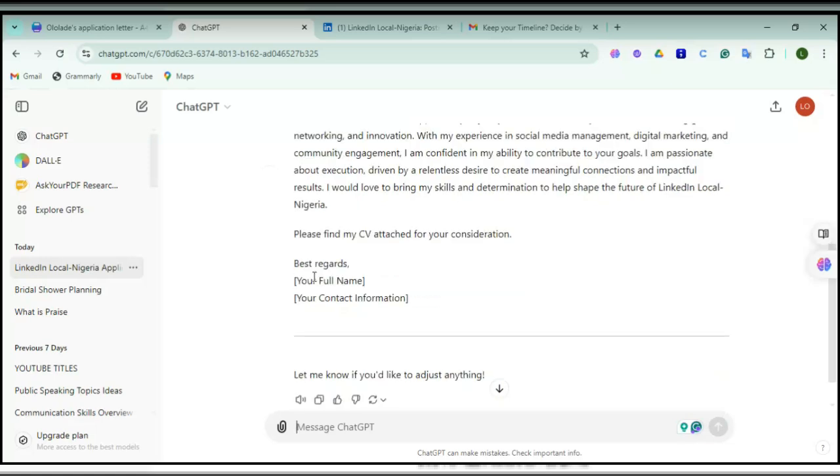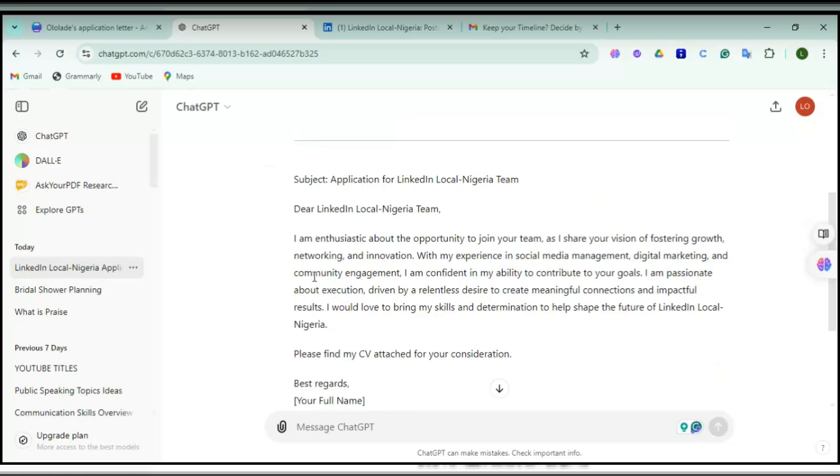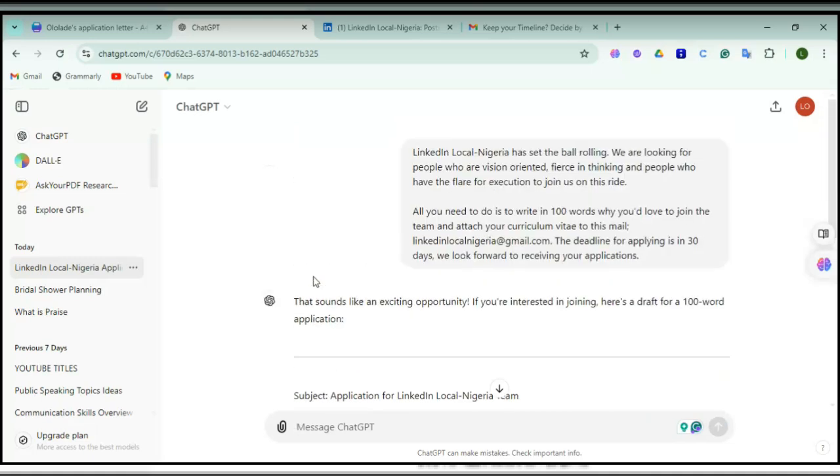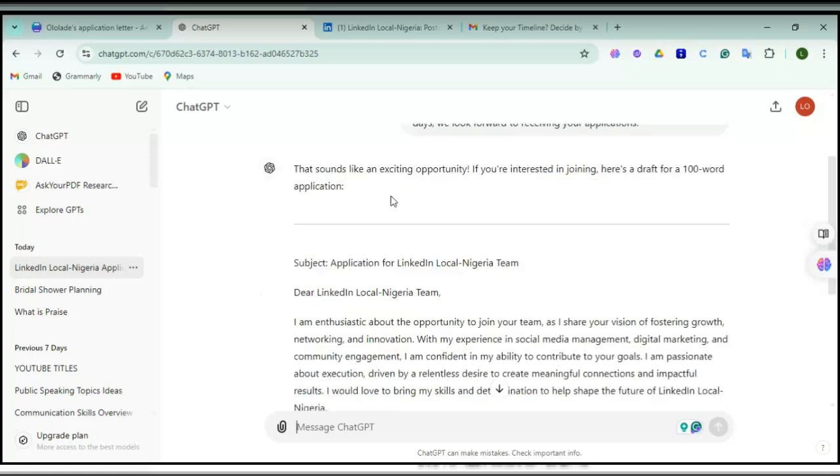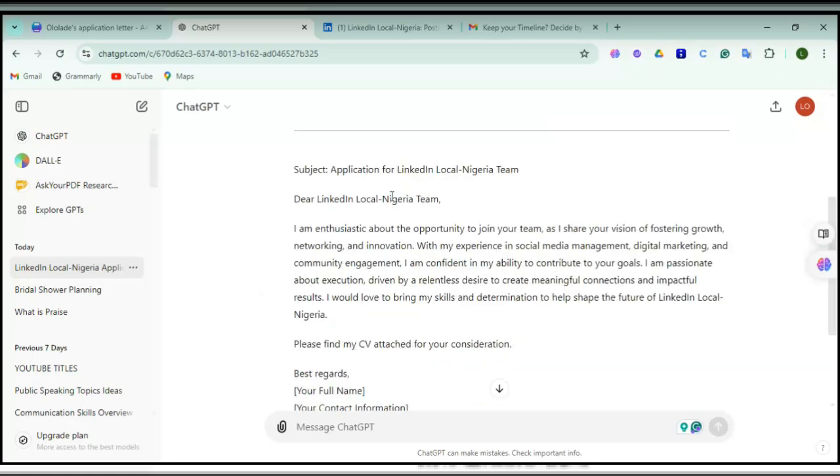So what I'll do is that ChatGPT already gave me 100 words, because they asked for 100 words. I already just pasted what I was requested. So I just go here. It's even giving me a subject, dear this, a very formal way to approach this invite. So what I'll just do is that I'll be like,